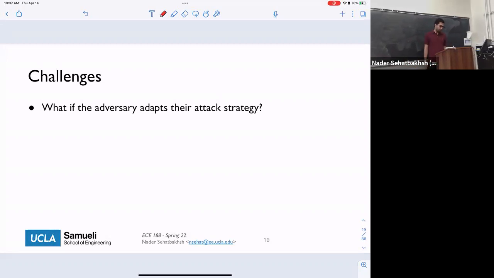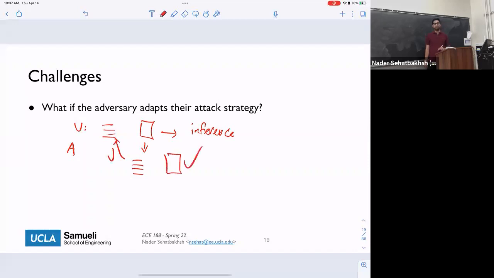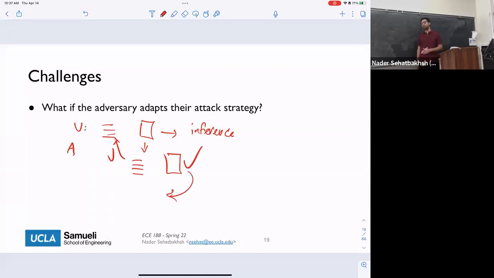It becomes like an iterative process where the defender gets some features, trains the model, and uses this model for inference, right? But the attacker sees that there is a model like this, so they change their features so that it agrees with these features here. So they actually pass the test of the malware detection. Then the defender needs to update their model using this newer set of malware, and it becomes an arms race between the attacker and the defender. We usually call this evasive malware.